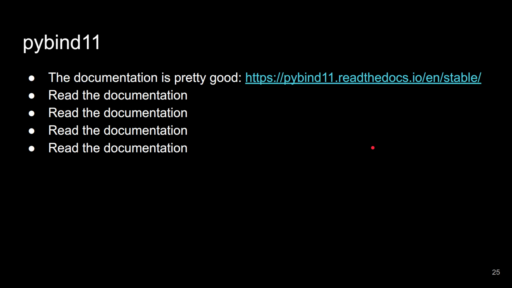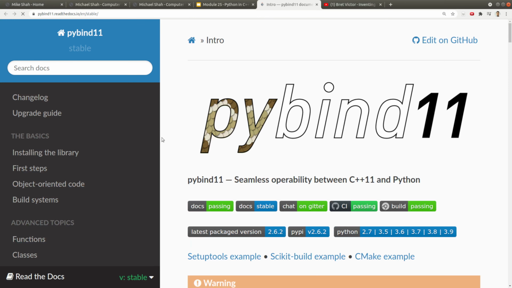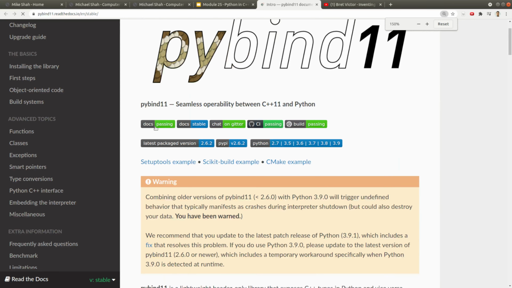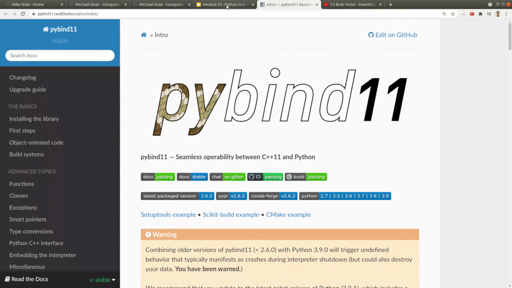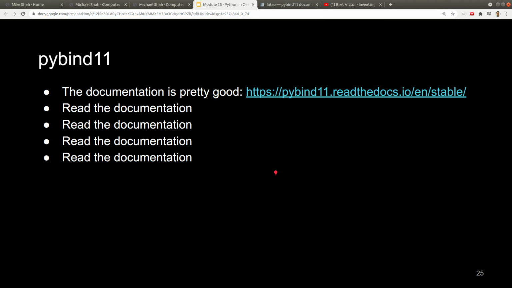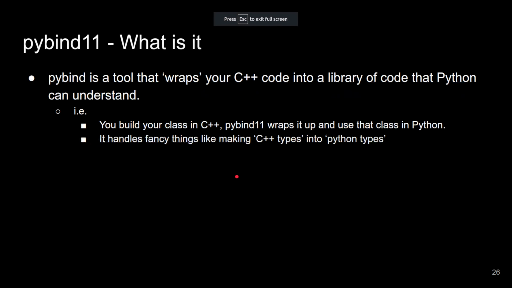Okay, so what I'm going to use is PyBind 11, so let's go ahead and dive into it. The best resource is, of course, reading the documentation here. I think this is a pretty good guide, but I still want to walk you through a little bit of this setup. In fact, I've done some of this setup mostly today. I just want to show you what's possible. And then if you want to do it, I'm going to refer you to some YouTube videos to show the setup on Mac, Windows, or Linux operating systems, okay?